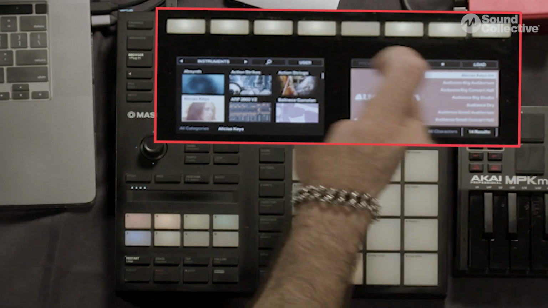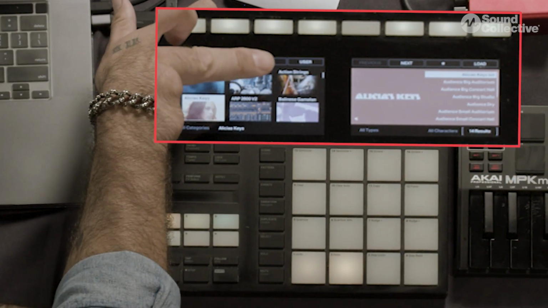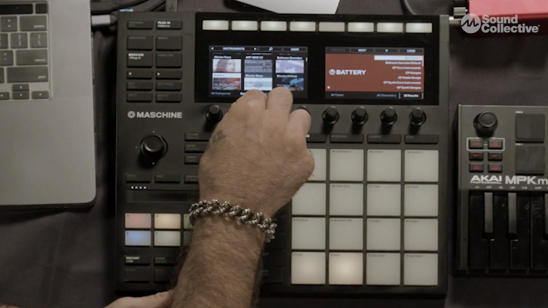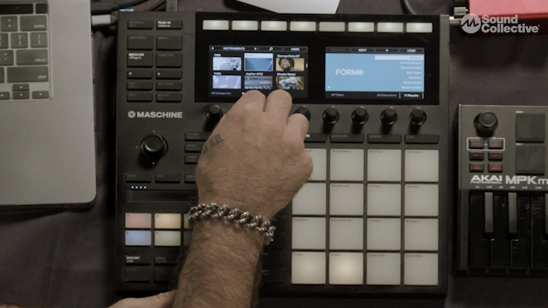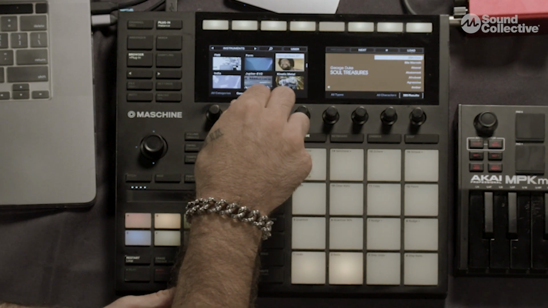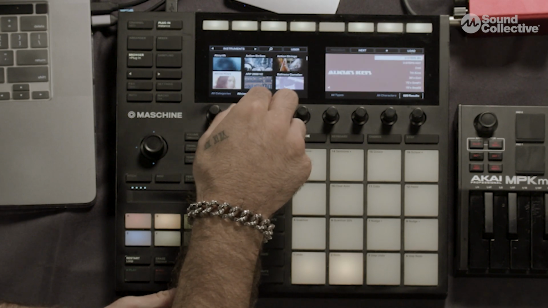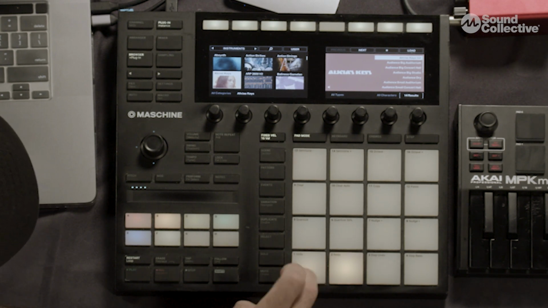You do want to make sure that you're not on the user, as you can see over here. And in order for you to select a specific sound bank, you can do so by scrolling with the second knobs. So here we're gonna use, for example, a piano, which is actually already loaded up on the first pad, as